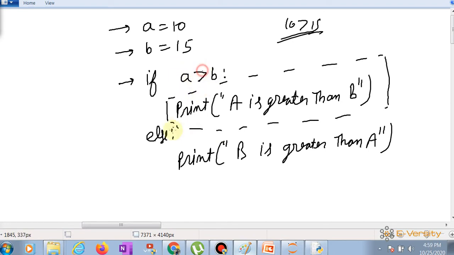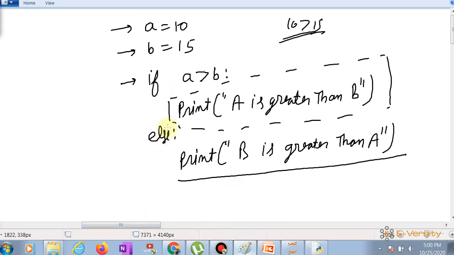Since the condition is false, it goes to the else part and prints b is greater than a. So if you want to do some comparison or conditional operation, you can use if else. If the condition is true, it prints the if part, otherwise it prints the else part.